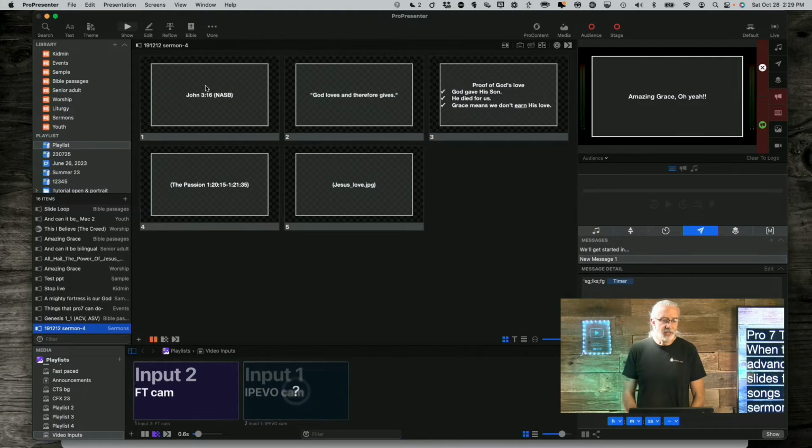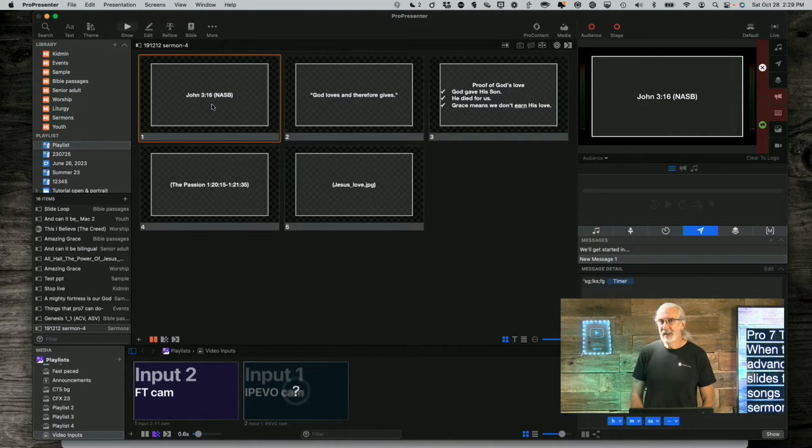So I haven't put in the actual scripture for John 3:16 here, but if I was in a situation where the scripture was up, I would wait until after the pastor finished reading the scripture. If there are multiple verses showing with multiple slides, I'm going to revert to the next to last syllable rule of when to change.